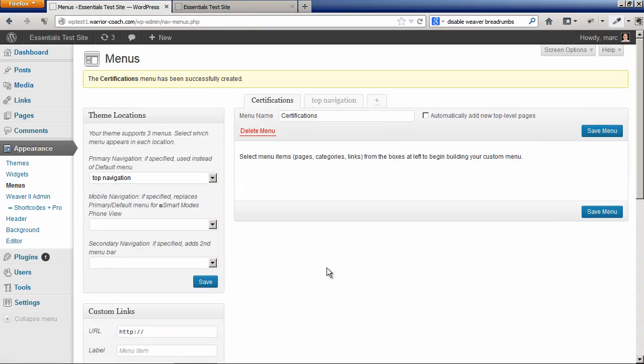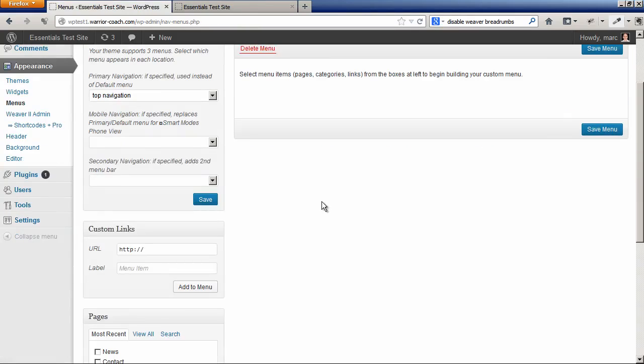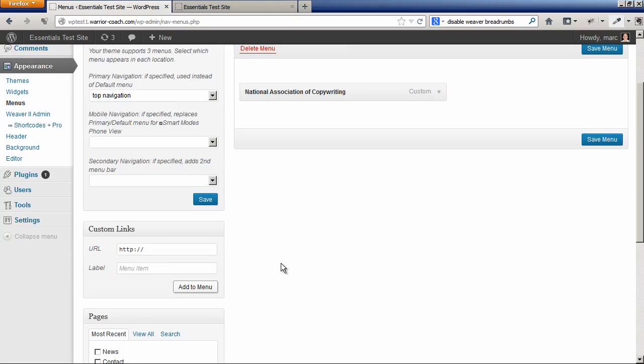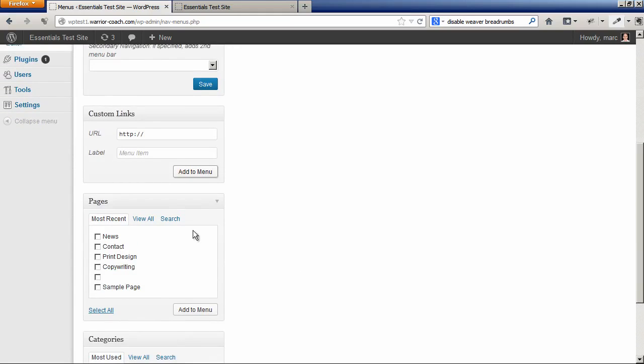And let's say my client belongs to the National Association of Copywriters. You're going to enter nationalcopywriters.com. So we're going to create custom menus that link to external sites. Now these could also link to pages on your site, and you do this in the same way, just by adding pages to the menu. So in addition to the National Copywriters Association, she belongs to the local Chamber of Commerce, whatever,